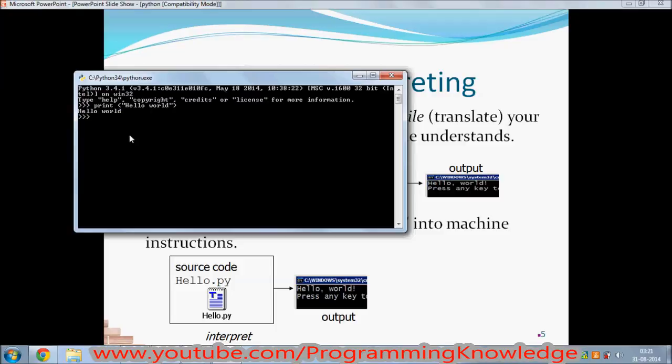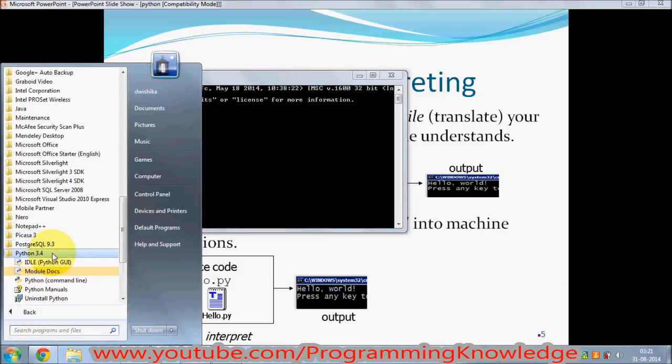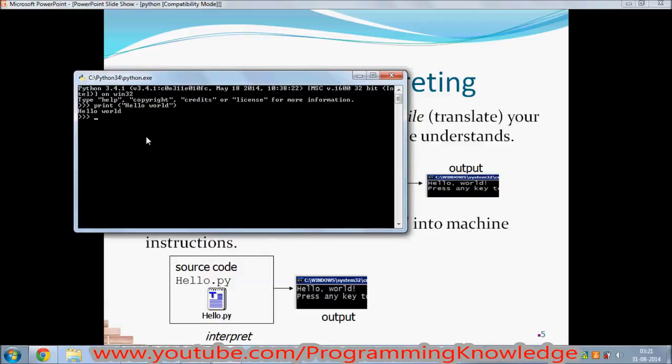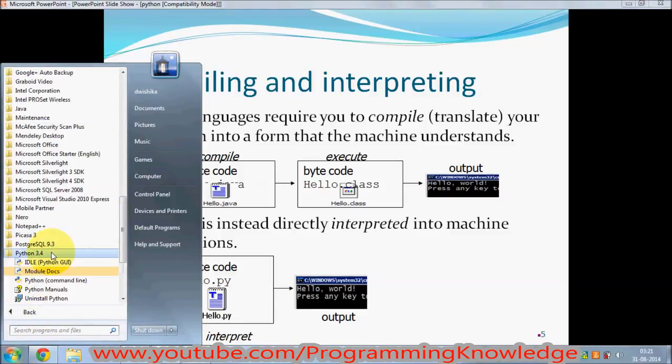So this is a command line tool. The same functionality you can use in a GUI tool also to write the program. So if you want to develop your program using the command line, you can use this Python command line. I will just close it for now. And Python even provides a GUI called IDLE to program Python. So I will go to this folder once again and click this IDLE Python GUI, and